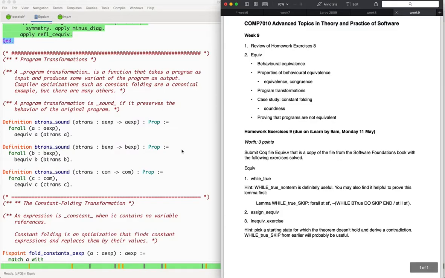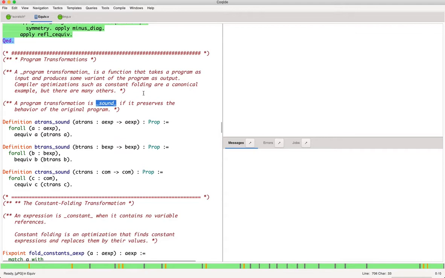And in particular, in this version here, we're going to talk about soundness. The idea of soundness is that if you do a transformation, then the transformed program respects, or preserves, the behavior of the original program. It's not necessarily all you would want, but this is one requirement that you typically would want of one of these transformations. So for the Imp language, we can define these properties here,